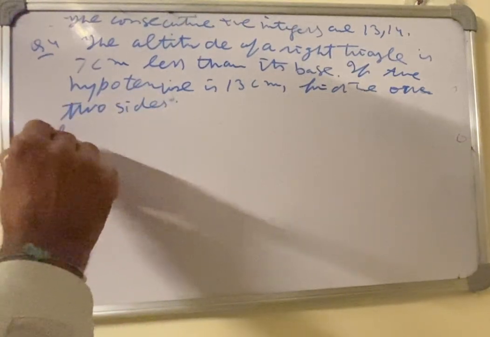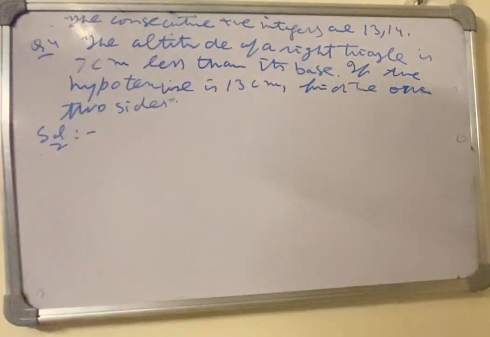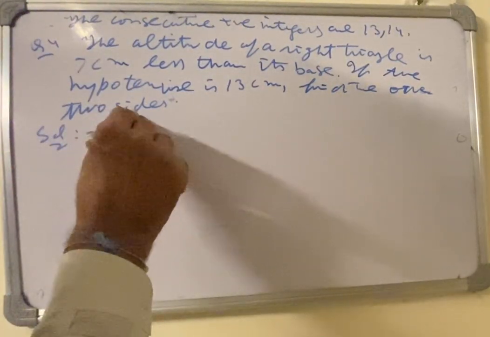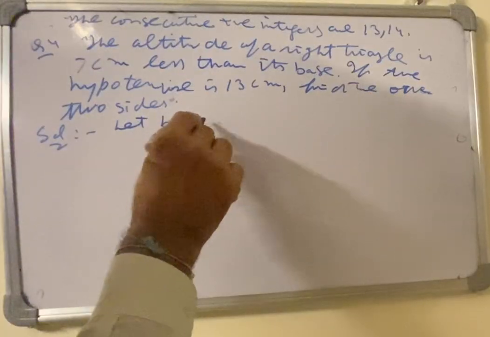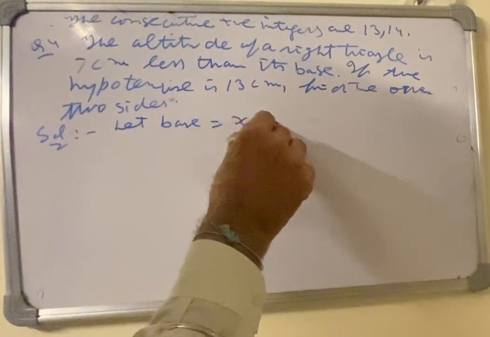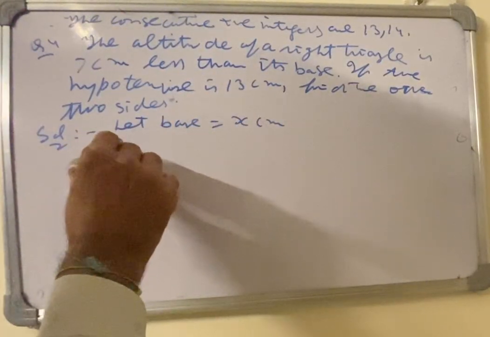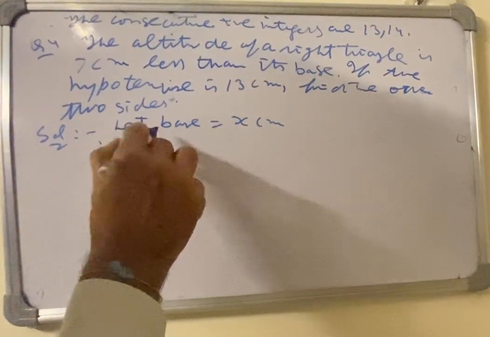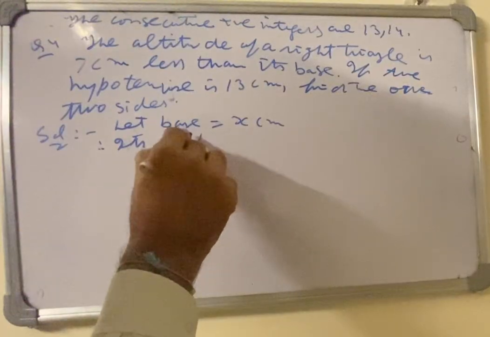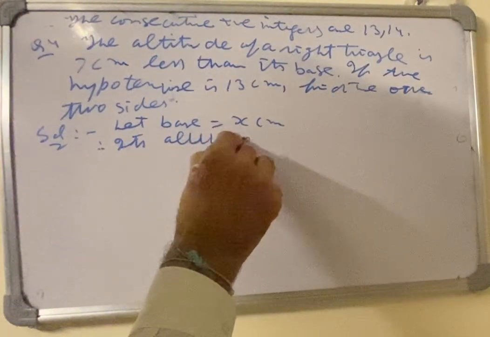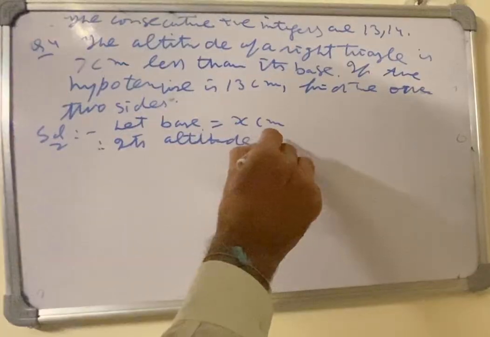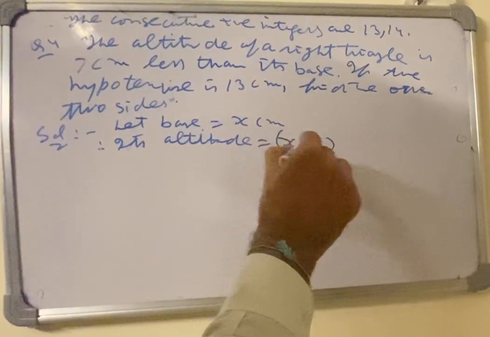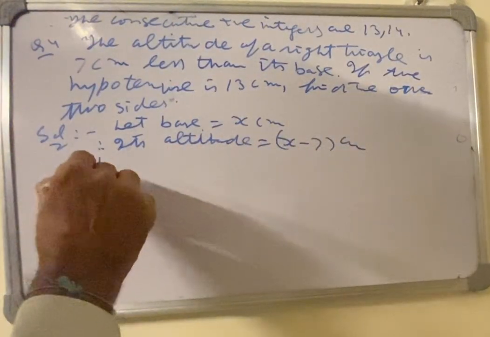Solution. You know that the altitude is 7 centimeters less than the base. Let the base of the right triangle be x centimeters. Therefore, its altitude is x minus 7 centimeters. Hypotenuse is